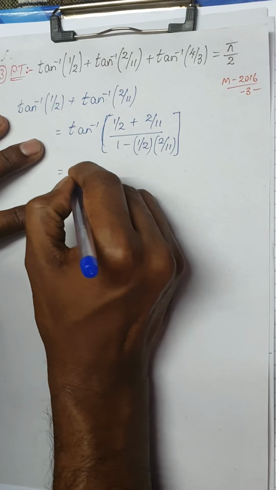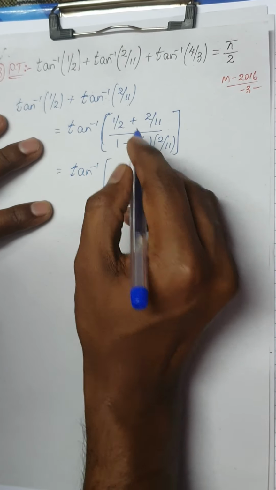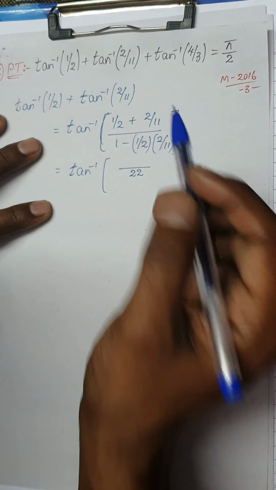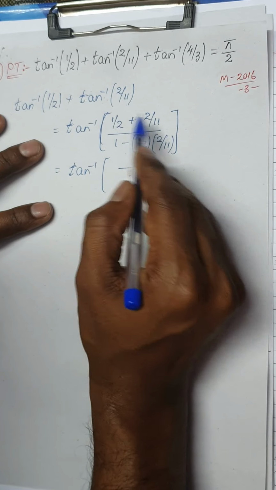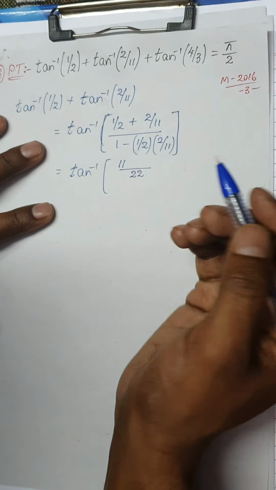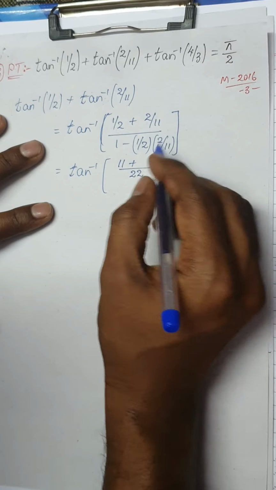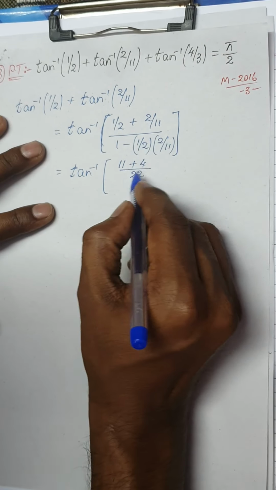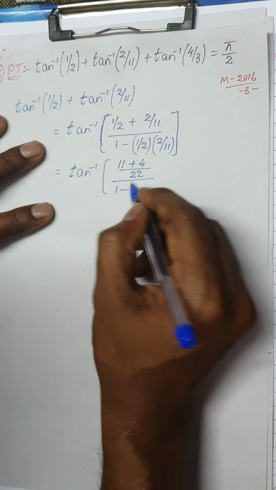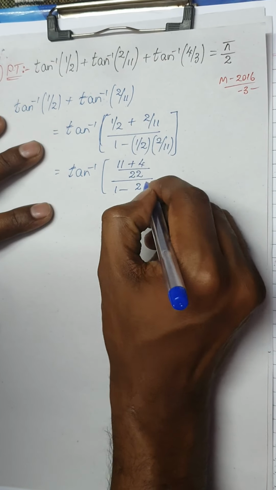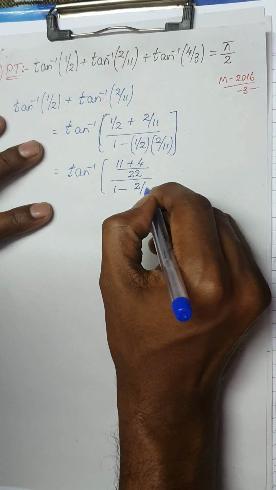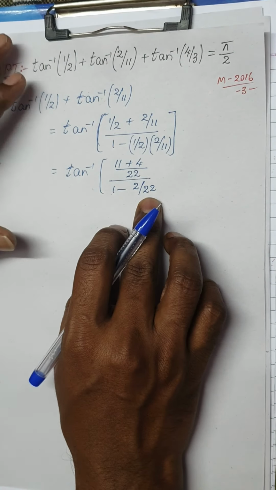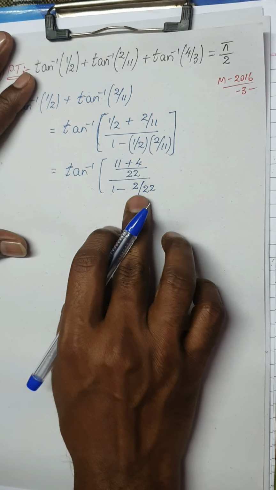So this is nothing but tan inverse of, take the LCM of 2 and 11, which will be 22, whole divided by, you can check here, 2 11s is 22, multiply 11 to 1, I'll get 11, plus 11 2s is 22, so if you multiply 2 here, I'll get 2 2s is 4, divided by 1 minus 2 1s is 2, divided by 2 11s is 22. You may think of cancelling 1 by 11 here, but that will make your simplification complicated. So just keep it as it is.